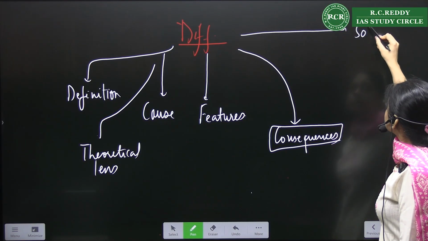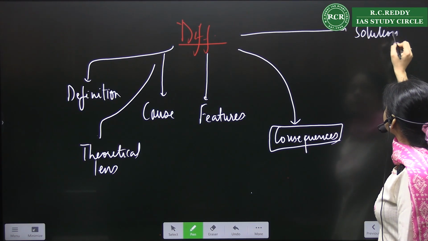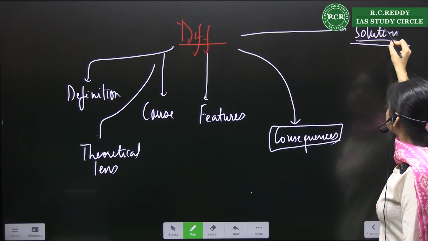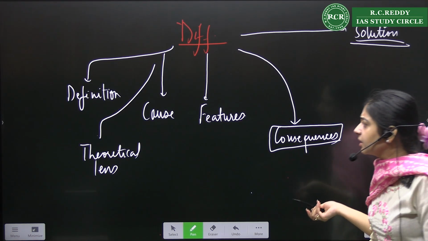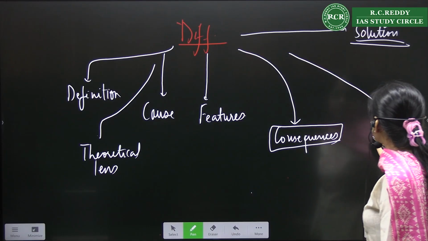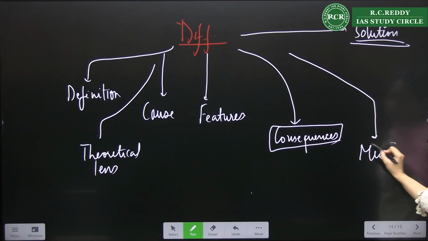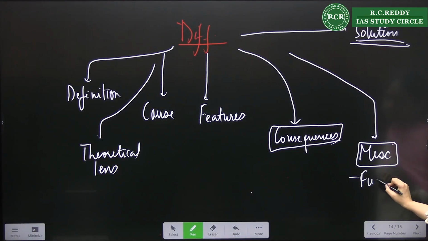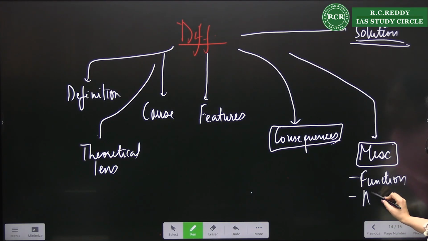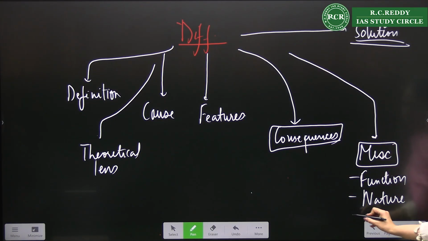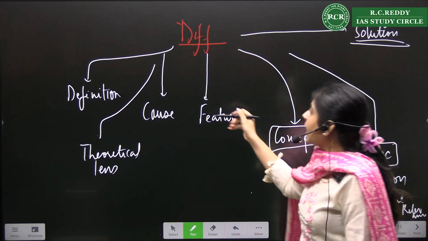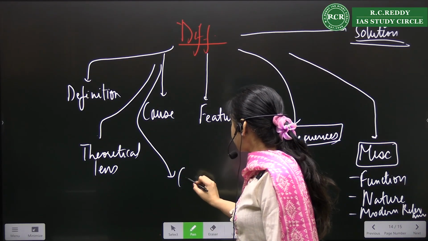Then the solution of something if they have given, right? And in between there can be other miscellaneous points, right? If they're talking about the function of something, that also you can write down, right? Nature of something, that also you can write down, right? Or both of them have talked about modern relevance, that also you can talk about, right? Here you can add the context,